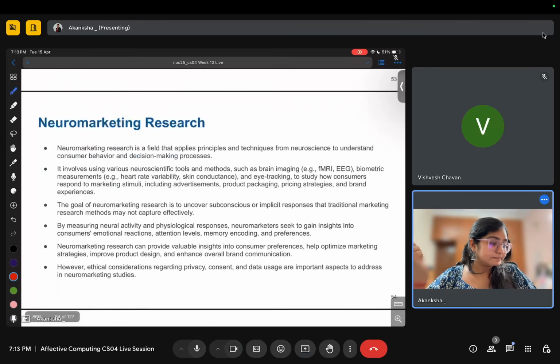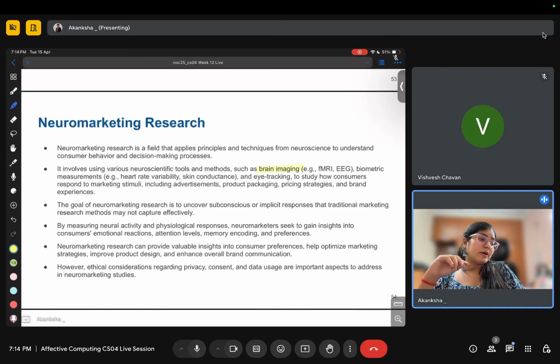First is, okay, since it is neuromarketing, that means you are analyzing the neurological responses of your brain. So different methods will be there, let's say brain imaging, biometric measurements, everything, eye tracking. The goal is to uncover subconscious or implicit responses that the traditional marketing research methods may not capture effectively.